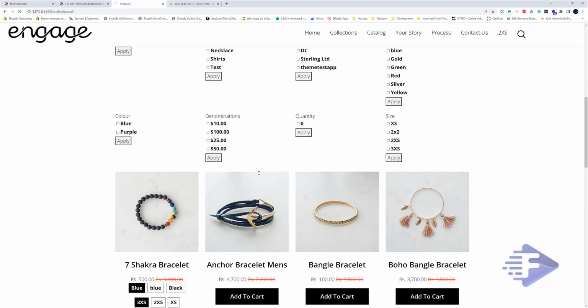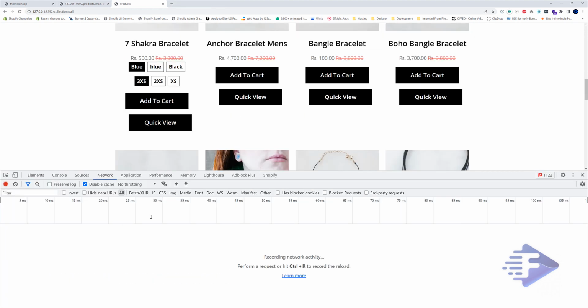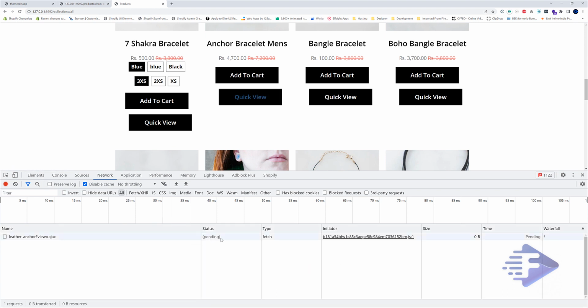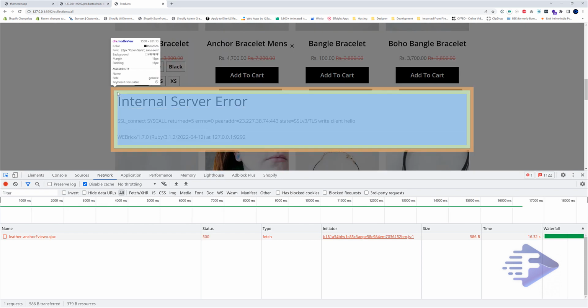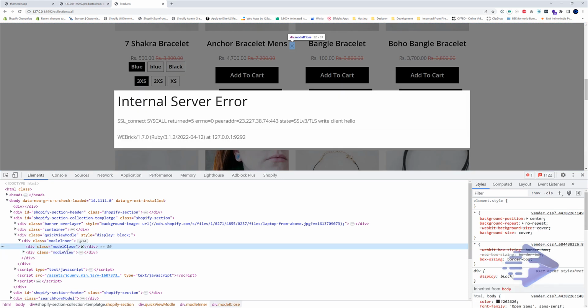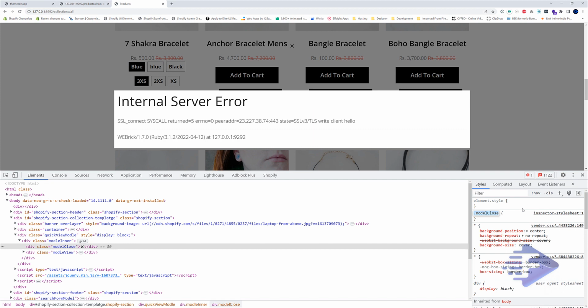Let's refresh first. Close and quick view. Now request is pending. As soon as this is done, we are going to see a pop-up. Something happened with this one, but let's ignore this one for the time being. I think this is some kind of connection issue because I'm working on local one.